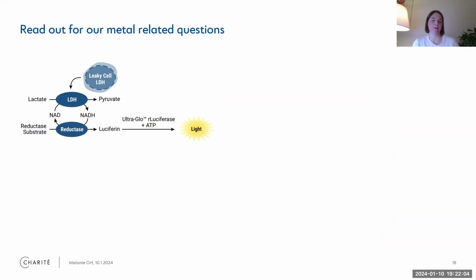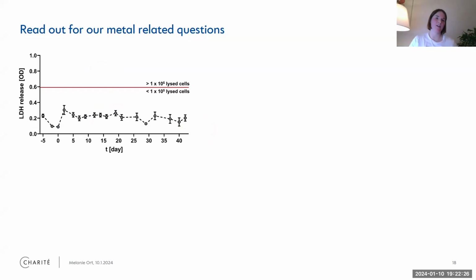Our first readout was the LDH. LDH is an enzyme that is released from dying cells. Of course, cells are dying all the time, but if the LDH is increasing in a very massive way, then you probably can see that something's wrong. And this is just a commercially available assay, so we can monitor that. So we first started off to see